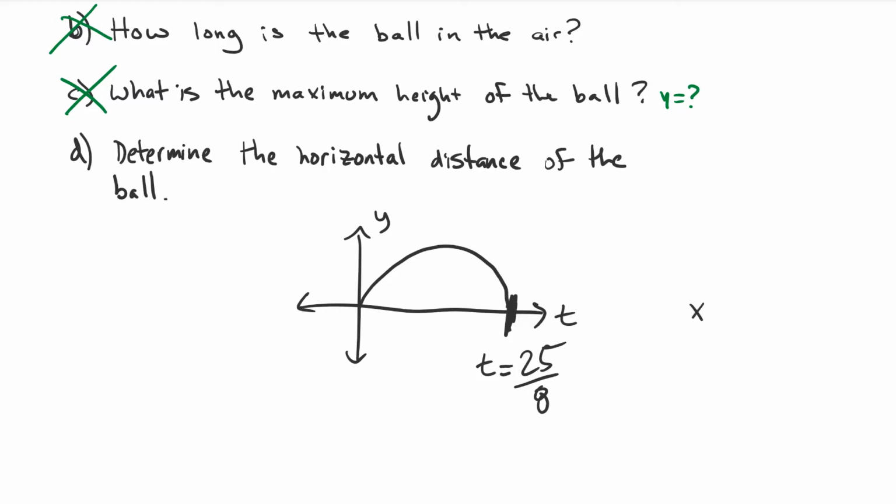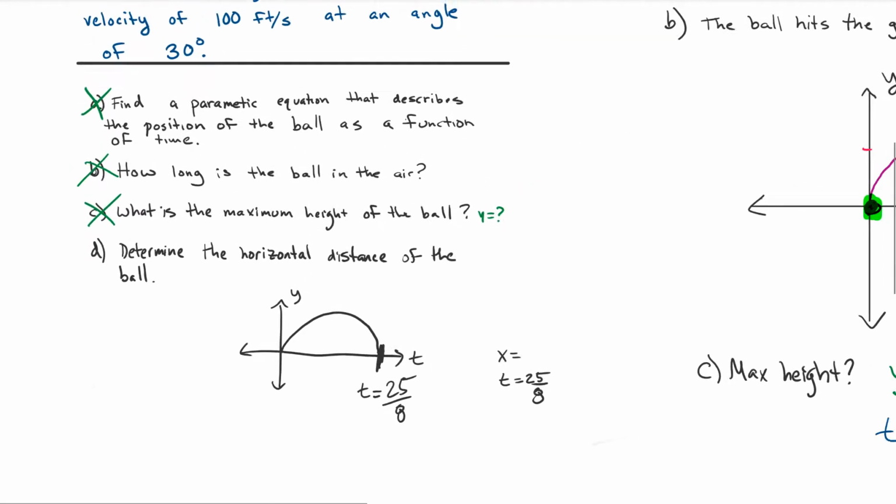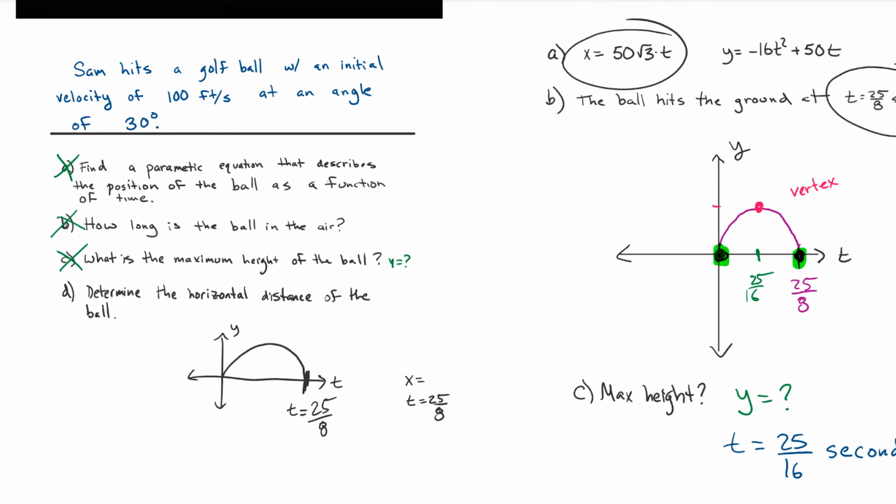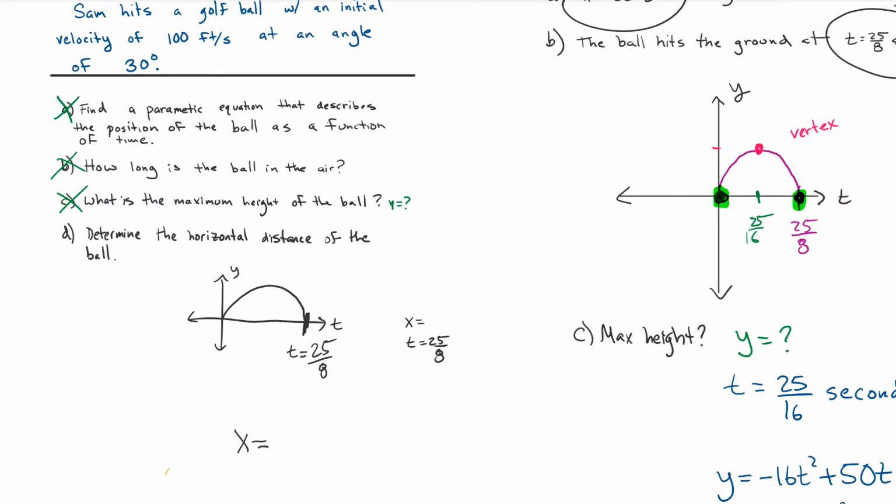But we're going to look for our x value when t is equal to 25 over 8. And that's merely, you're going to plug it right back into your equation here. This is the simple one. So our x is going to be equal to 50 times the square root of 3 times that t, but we've already found it as 25 over 8. So we can just plug it into our calculator. 50 times 25 times the square root of 3, enter, divide that by 8, and I think we found out that this is approximately equal to